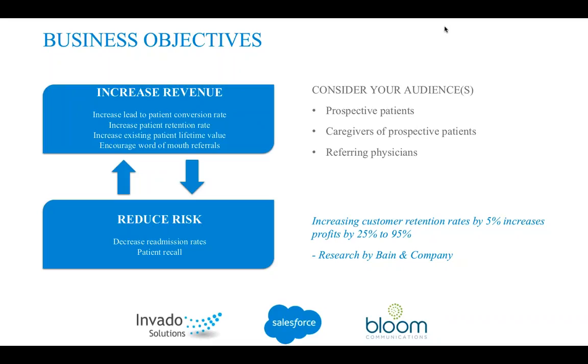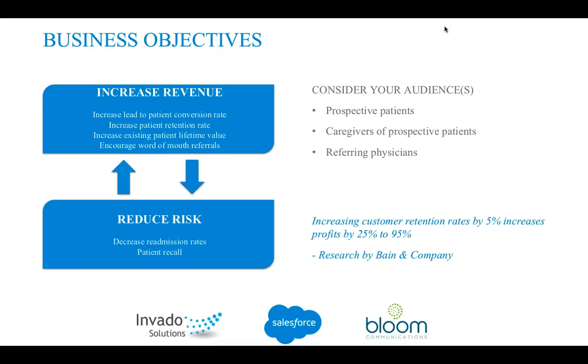So let's look at increasing existing patient lifetime value. The goal at the end of the day is to drive incremental revenue. So you want to stay top of mind as the go-to provider, maybe cross-sell with some complementary service promotions. And then, of course, increasing patient conversions and getting new patients in the door to increase your revenue. That is also something that marketing automation can help with.